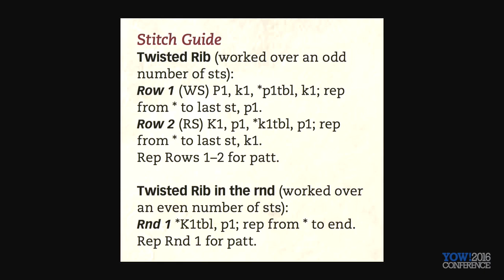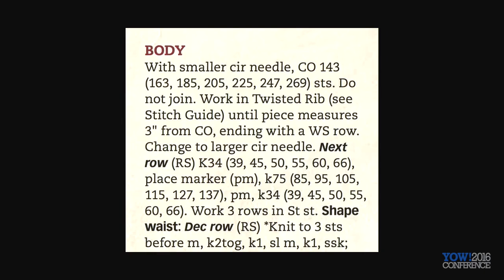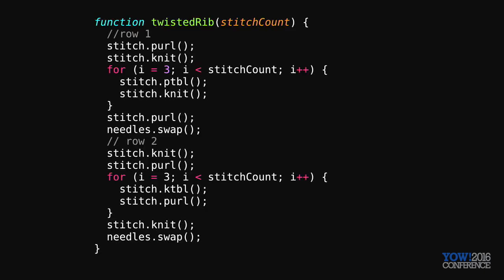So here's an example where a pattern defines 2 particular stitch patterns, twisted rib and twisted rib in the round. And then in the actual pattern instructions, the twisted rib function is invoked here with the call "work in twisted rib." So just to stretch this metaphor as long as we can, if this were a computer program, it would